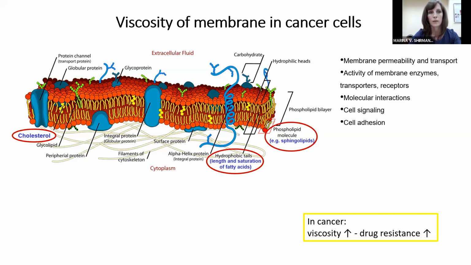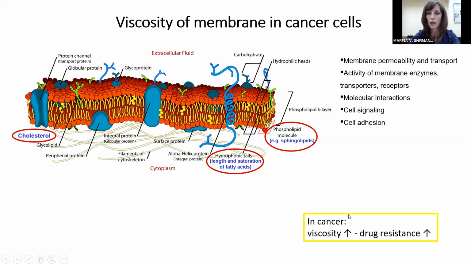So this is very important to measure viscosity, because viscosity is a parameter responsible for cellular homeostasis. Viscosity of the membranes depends on the lipid composition. The presence of cholesterol, the content of cholesterol, which makes membrane more viscous, on the length and saturation of fatty acid in the lipids, and on the presence of phospholipid molecules like sphingolipids. In cancer, viscosity of plasma membrane